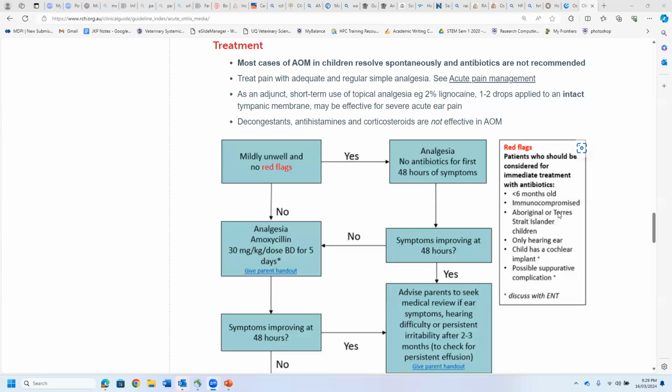The special thing about them is that firstly, they don't respond well to just observation because their sequelae or their progression of the disease in this high-risk group develops more. The second thing is that if we don't treat them, then the sequel of getting hearing loss or getting chronic otitis media associated with hearing loss is much higher. And the third thing is that they